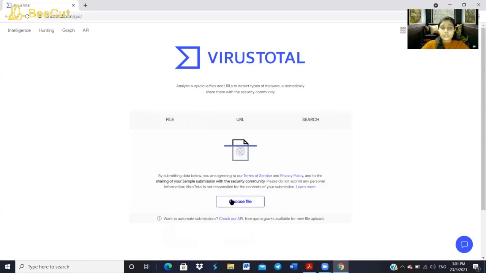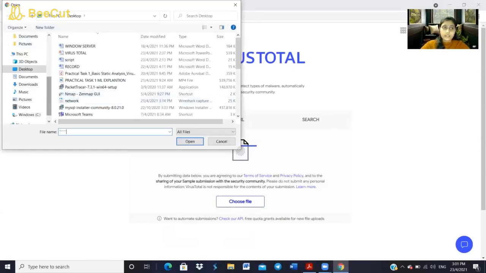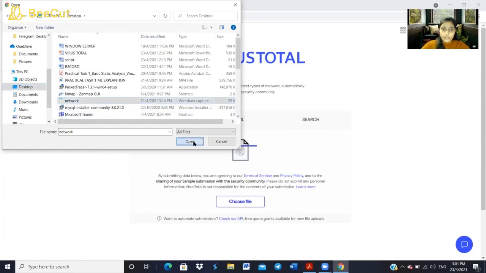Now I'm going to choose a file, the file that I mentioned earlier, that is on my desktop. Okay, now I upload this file from my computer desktop to the VirusTotal web page.